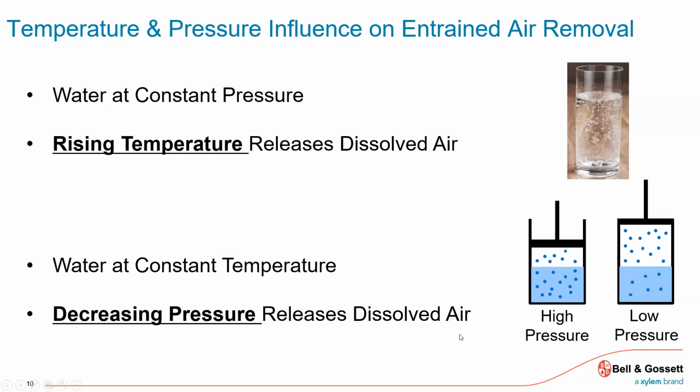So I have two things going on with entrained air in water. If I heat it, a certain portion of it will be released. If I lower the pressure, air will come out of solution. So I want to think about those two things when I'm designing my air management system, because I want to catch it. I want it where the waters are hottest and possibly where the pressure's the lowest to catch that